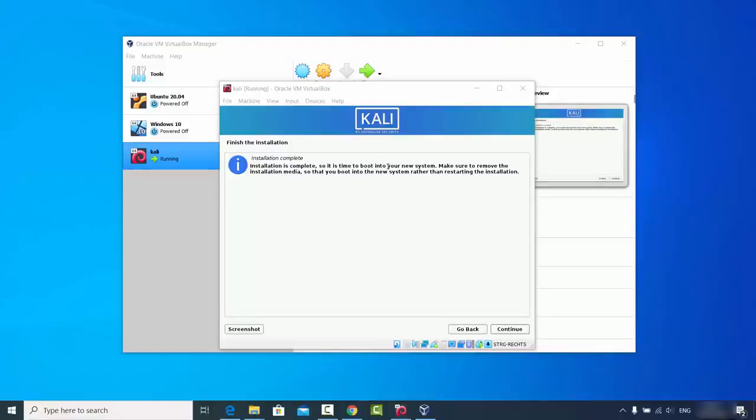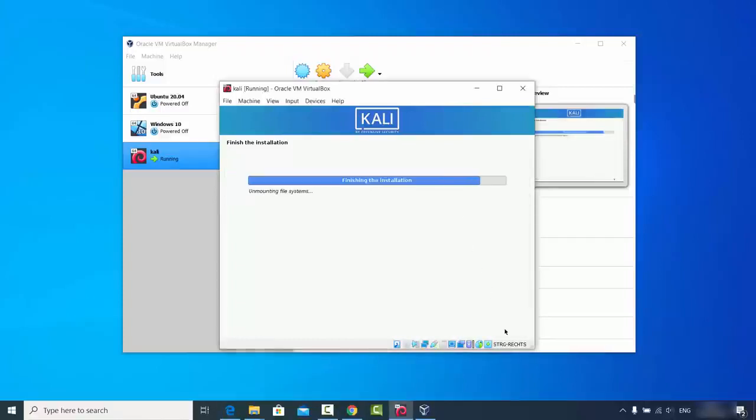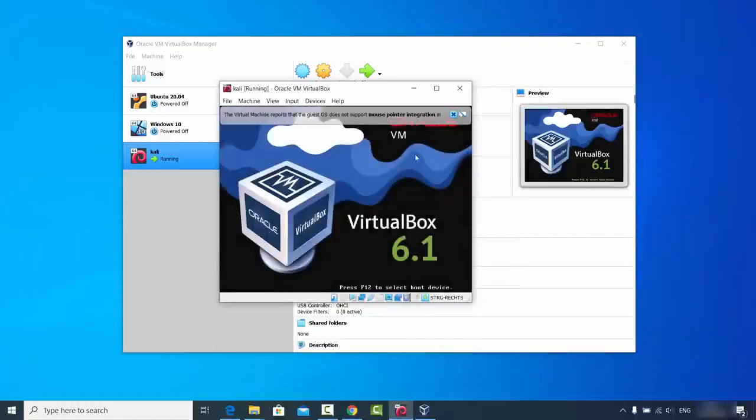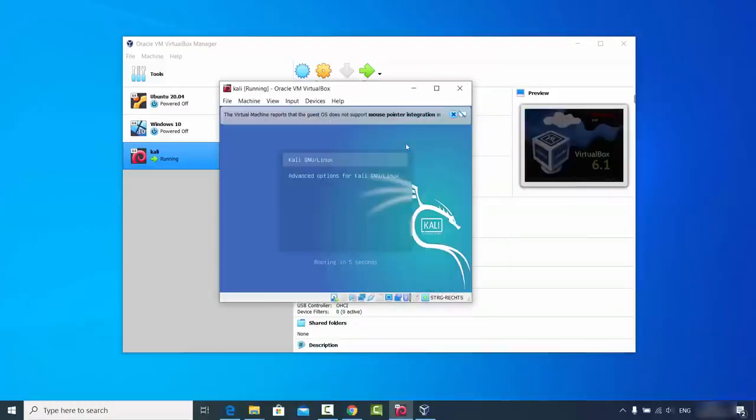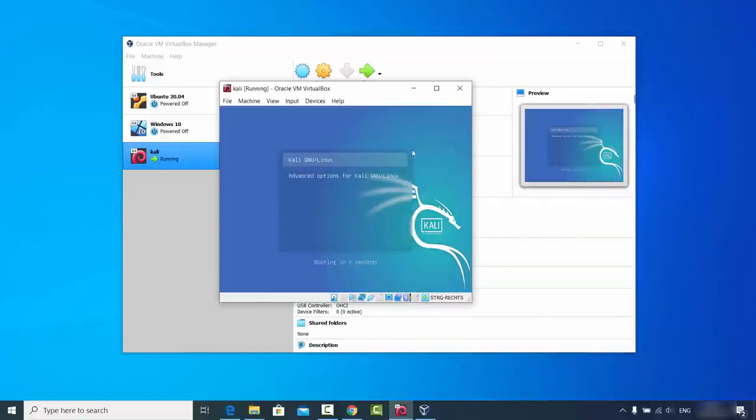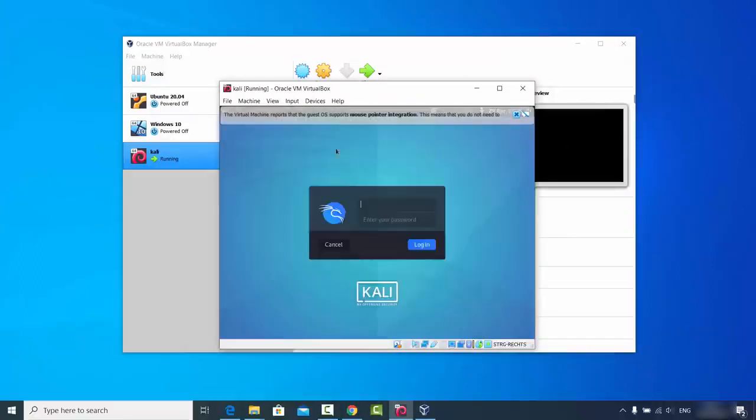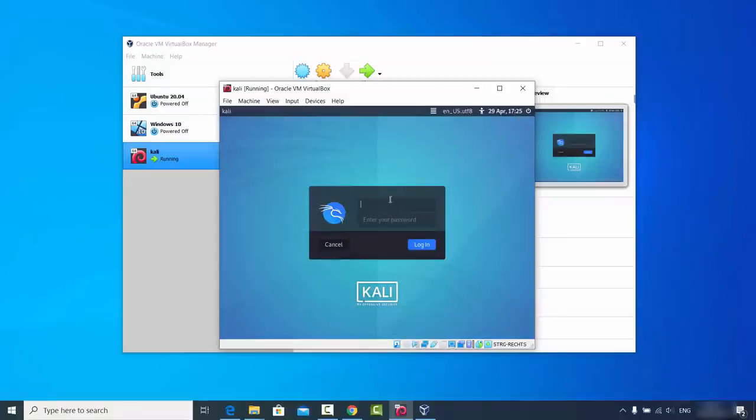So it is time to boot into the new system. Make sure to remove the installation media so that you can boot into the new system rather than restarting the installation. So I'm going to just click on continue here. So on this step, Kali Linux is going to restart by itself. You don't need to do anything. So just wait for Kali Linux to restart, and at last you will see this kind of a login